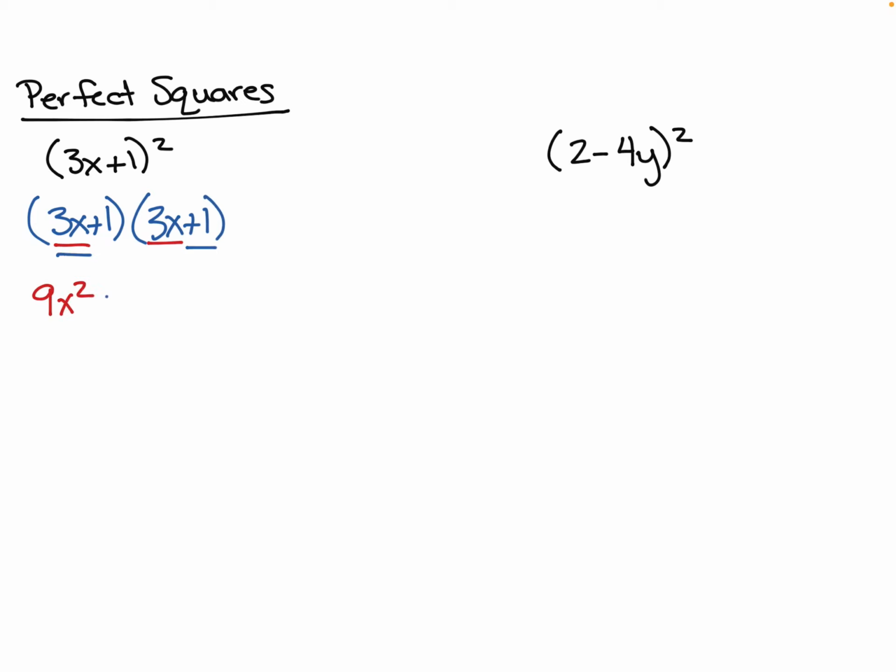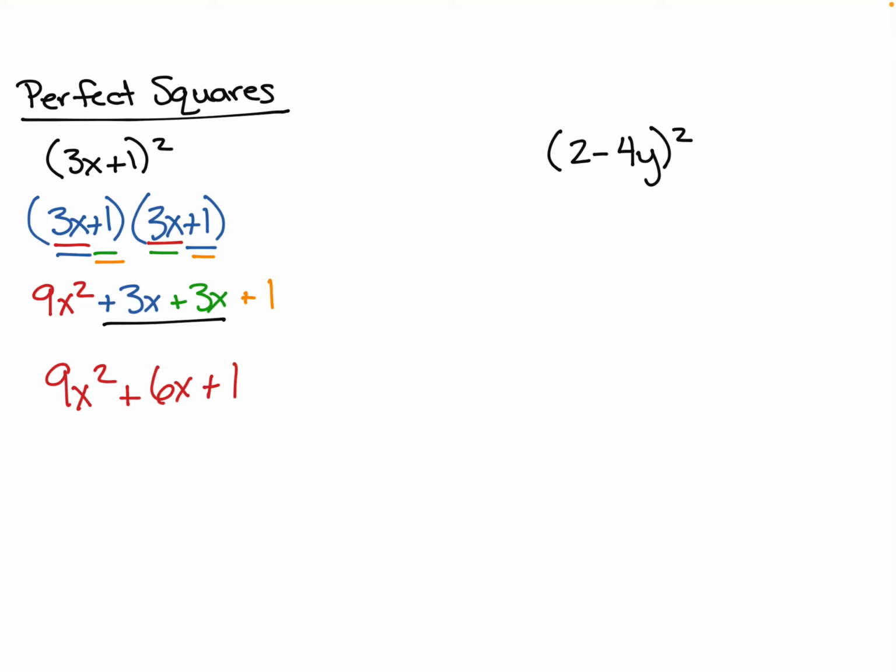Outer, 3x by 1, positive 3x. Inner, 1 by 3x, plus 3x. Last, 1 by 1, plus 1. So what you'll notice here is that those middle two terms end up being exactly the same. That's kind of interesting and will become more interesting in a few classes. So again, collect up your like terms. And so we end up with 9x squared plus 6x